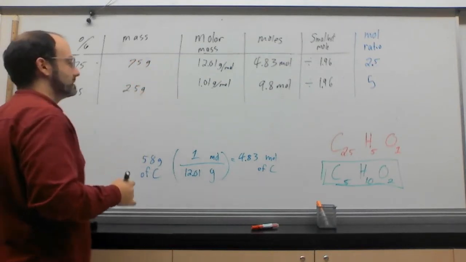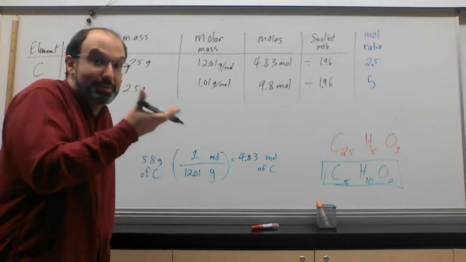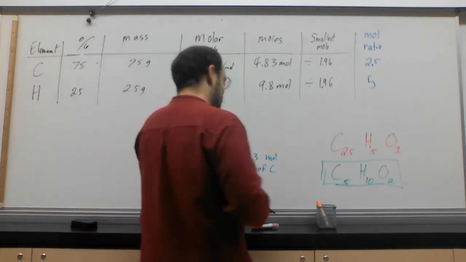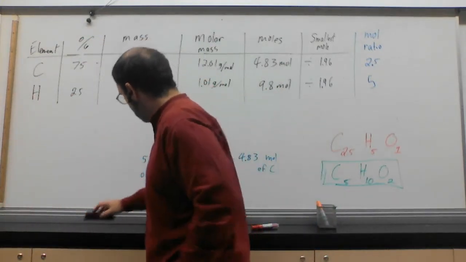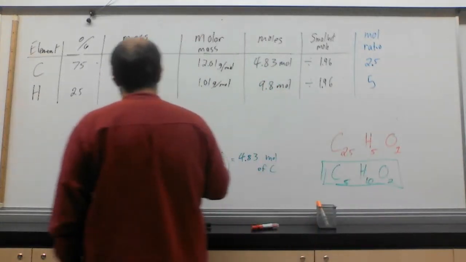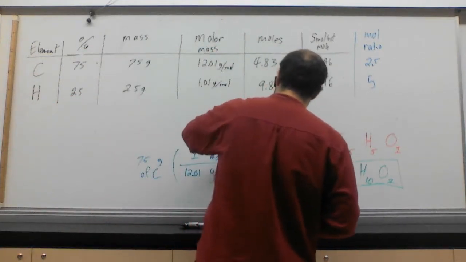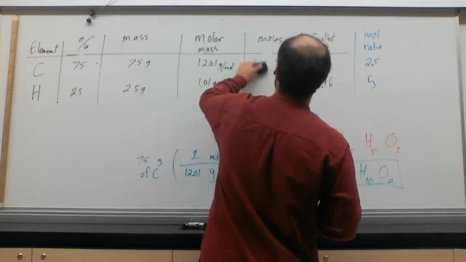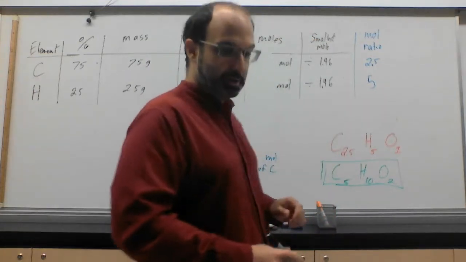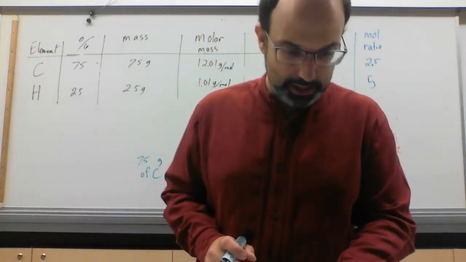And again, the only reason that works is because we're assuming that the sample is 100. The reason we're making it 100 is because then this becomes super easy. The grams per mole stays the same. We're still doing the same basic conversion. The difference is, of course, I am using a different number. So I erase that one number, I put in my new one, which is 75 grams, and I find what the new mole amount is. So what moles am I dealing with in this question? Well, I already did the work. It is in your answer key. You guys can check the answer key whenever you want. And it says here that I got